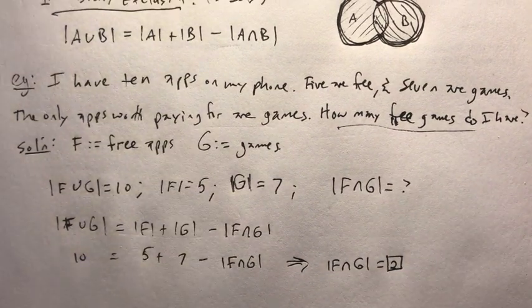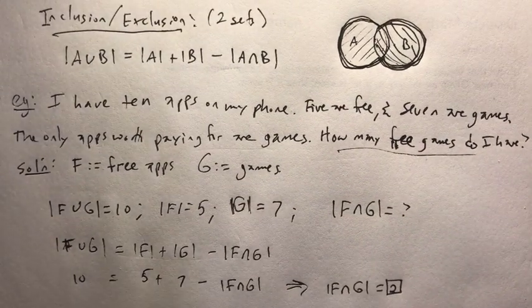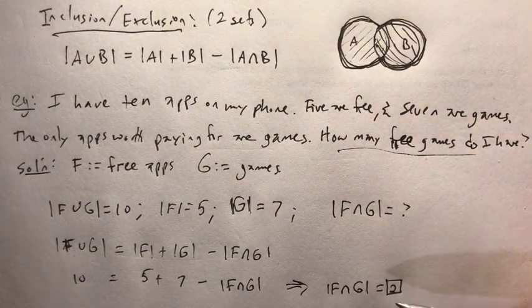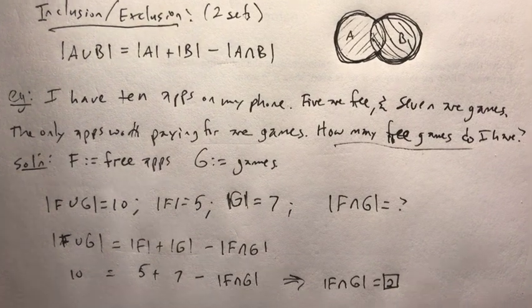All right, so I think that's a pretty straightforward application of the inclusion exclusion formula. And I feel like you probably didn't need this formula or even Venn diagrams to reason through this in your head. But this is just to show you a basic way that it works. Okay, so let's try to do some more complicated examples. So, next example, we're going to consider